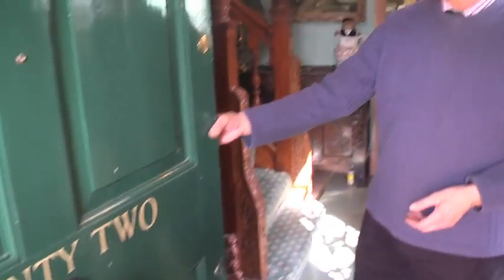Very quickly, welcome to 22 Woodland Road, the Vine. You will be entering the house through the door that came from Rushden Hall. It had its back broken by the council when they were restoring, but it's a door of about 1820. So if you'd like to come through